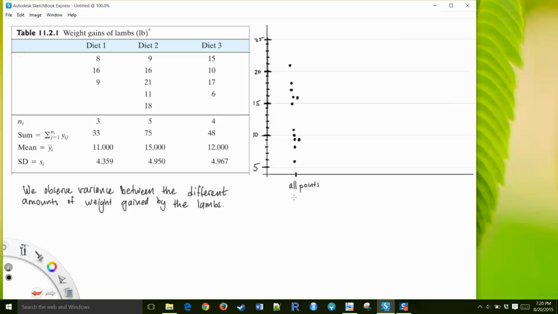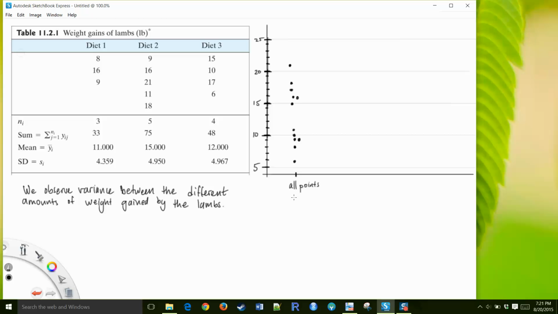Is the weight gained by one of the diets at least statistically significantly different from some of the other ones? So we're asking,